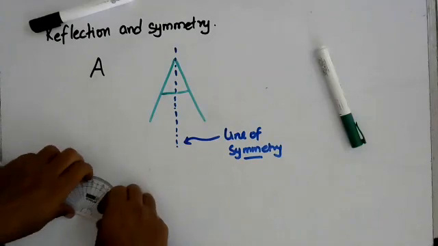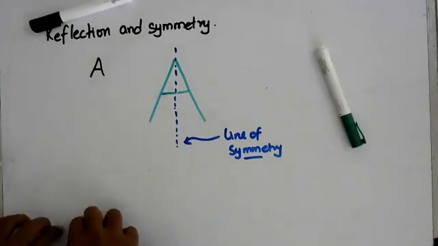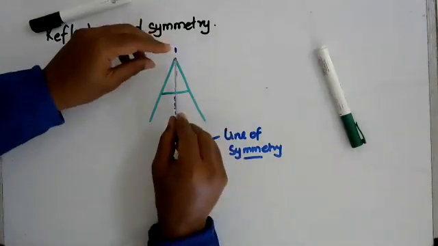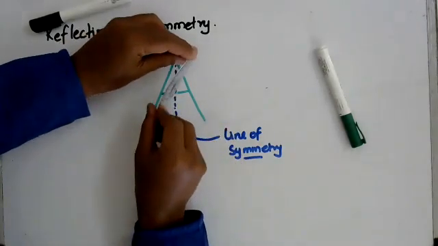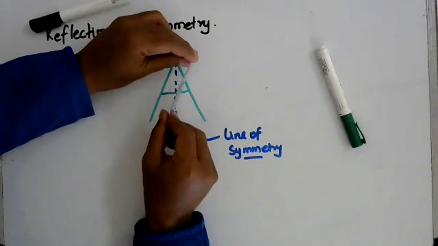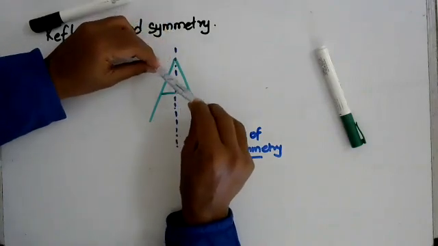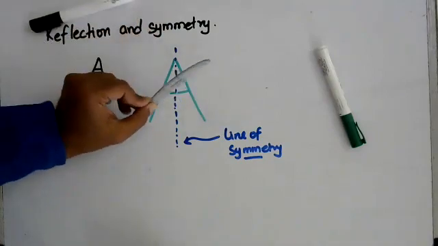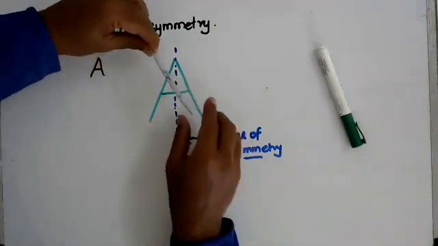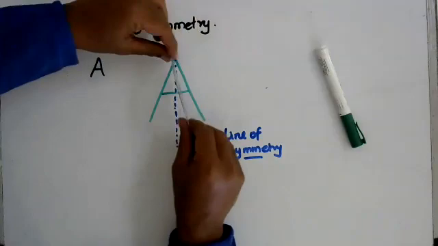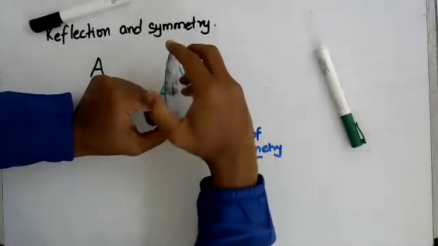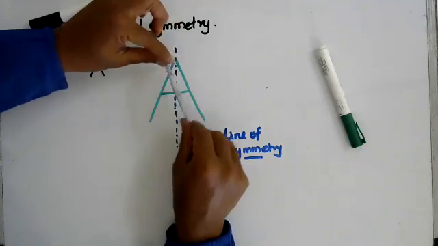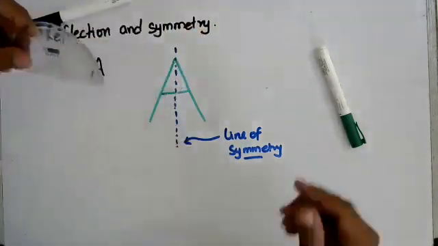So in the case of the same shape A, if you try to rotate this object like this, right, then you will find that there is no other line of symmetry, because it doesn't look equal how much ever you turn it. And the best that you can do is 360 degrees, right? You turn it all 360 degrees, you come back to the same old line of symmetry. So there is nothing in between.